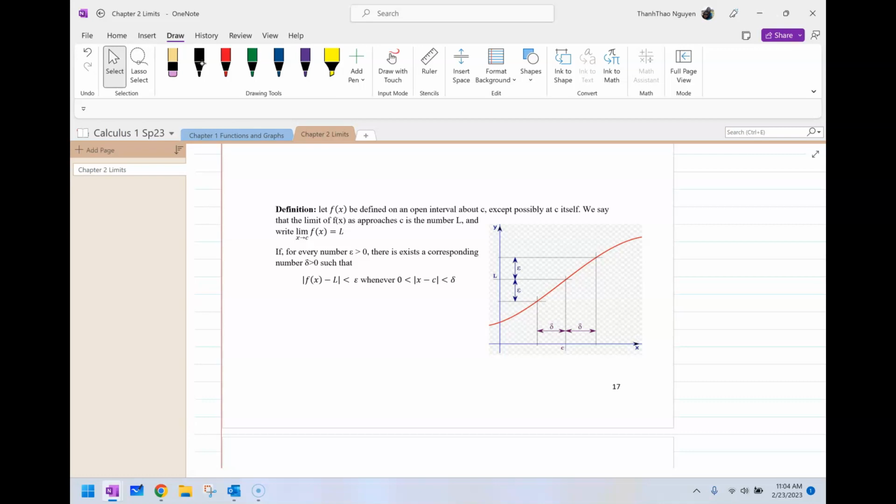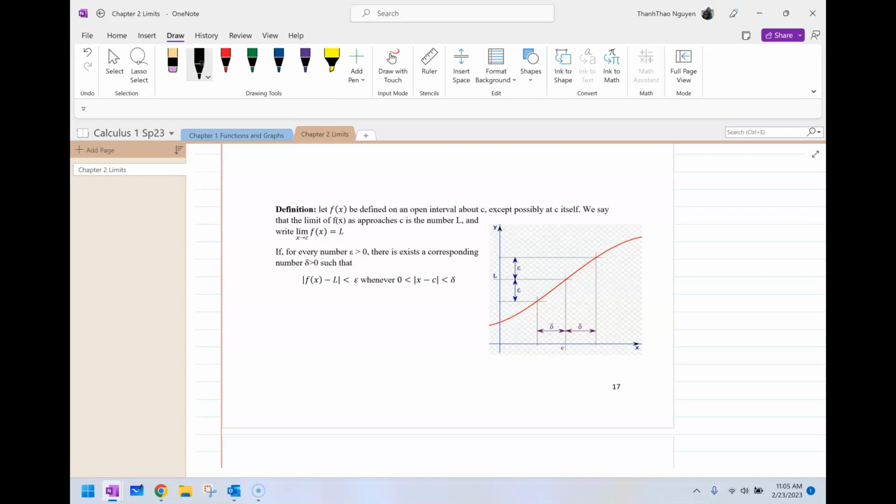We say that the limit of f of x as x approaches c is the number L, and we write the limit as x approaches c of f of x equals L, if for every number epsilon greater than 0, there exists a corresponding number delta greater than 0 such that the distance from the function to its actual limit is less than epsilon whenever 0 is less than the absolute value of x minus c